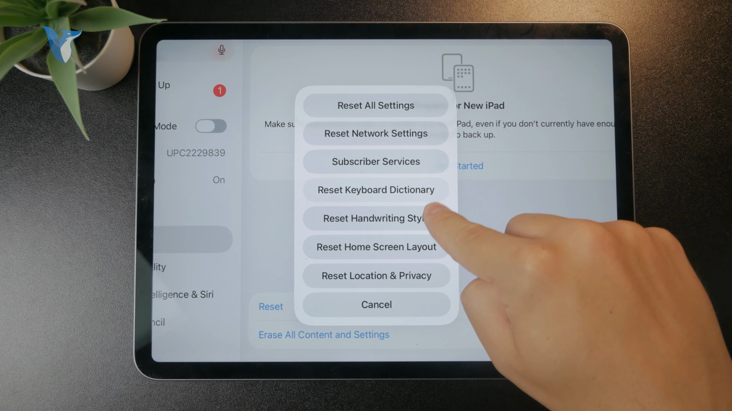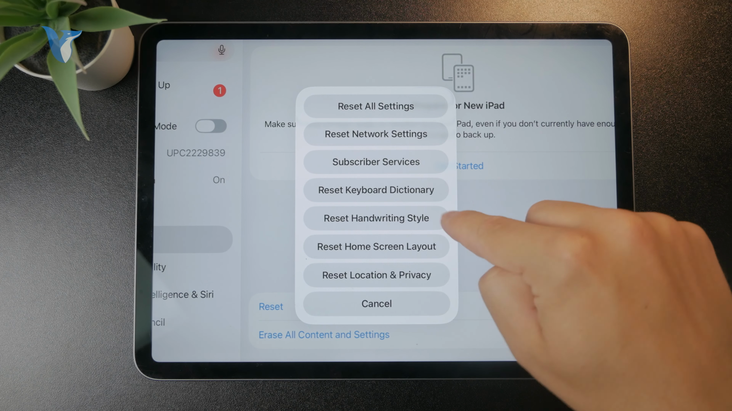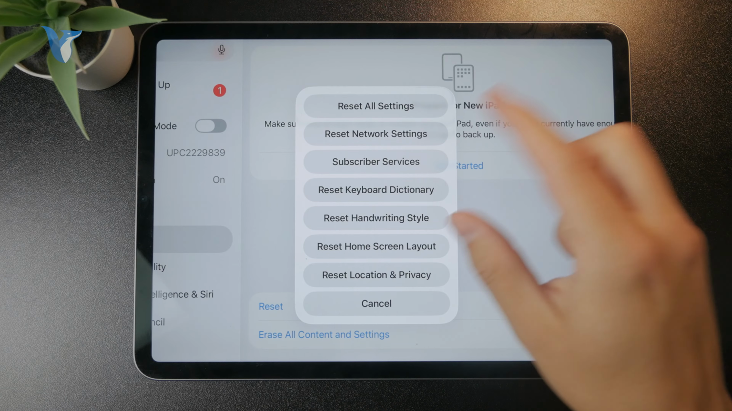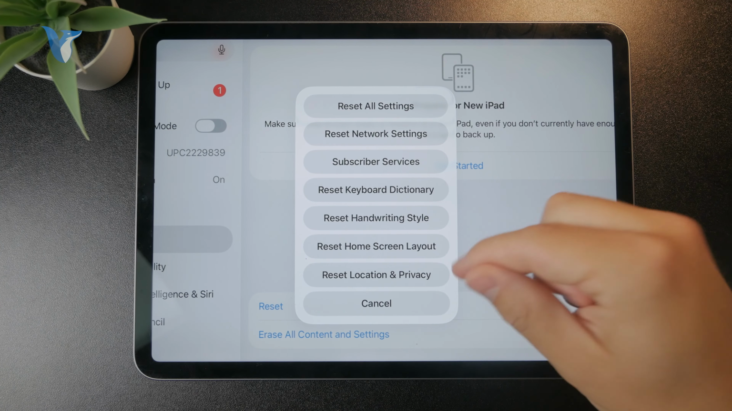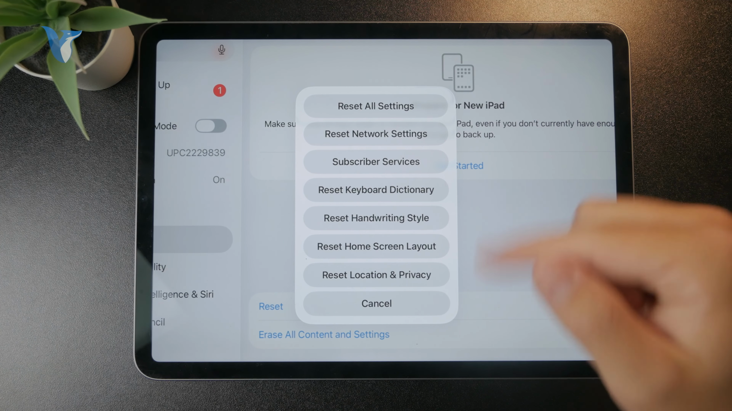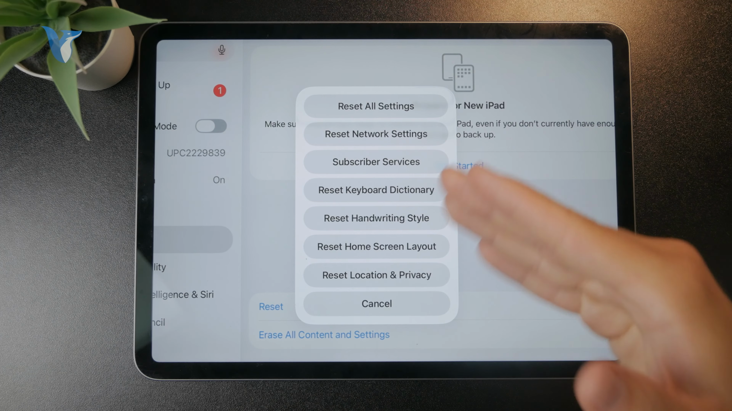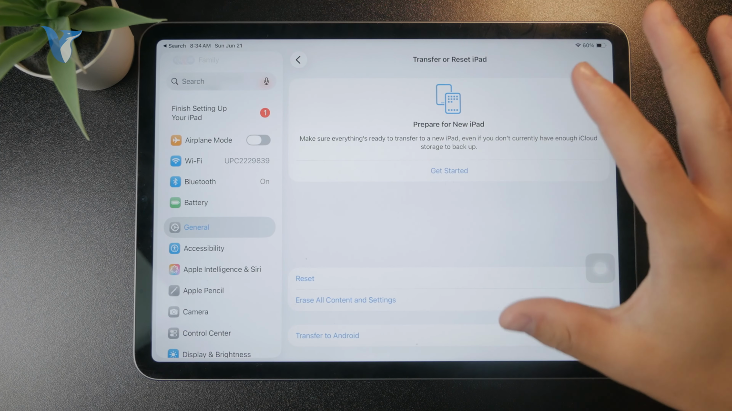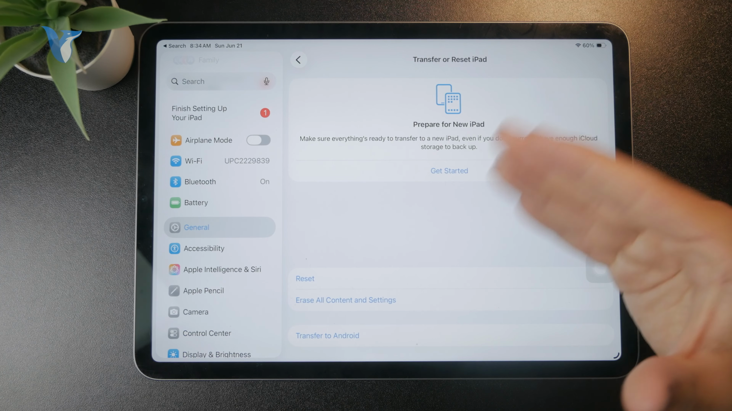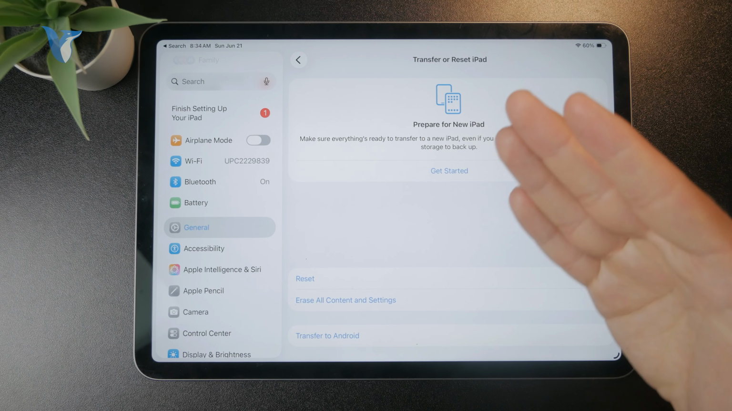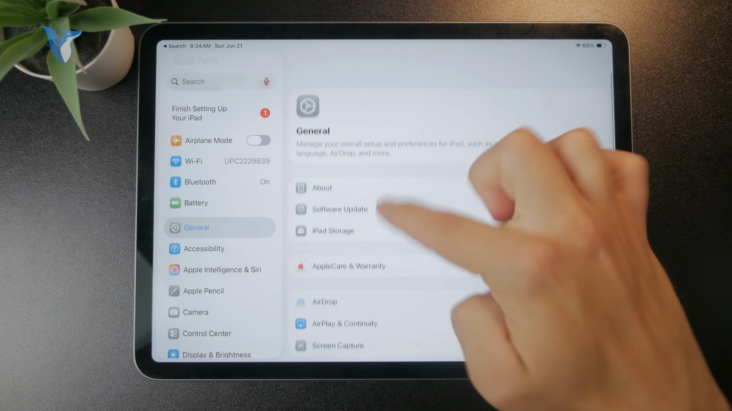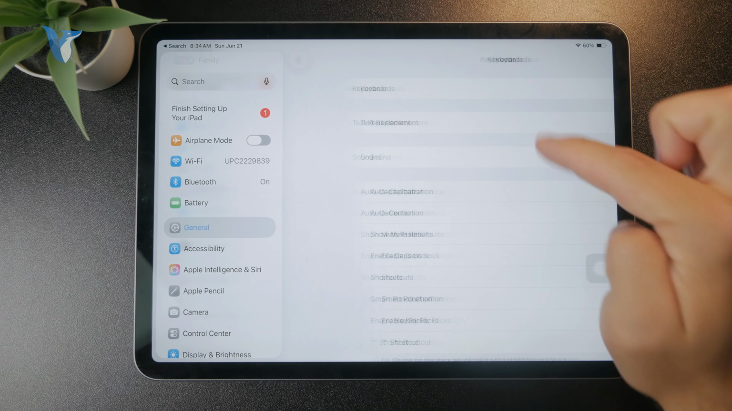So keyboard dictionary and handwriting style kind of go hand in hand, as these are related to typing and drawing or writing on the iPad, so you can reset both to get a clean start on the keyboard. There are still some things which may not be entirely reset, so if there is still something which you feel hasn't changed, you can still come back to the general section, click on keyboard, and when you tap on keyboards at the top,